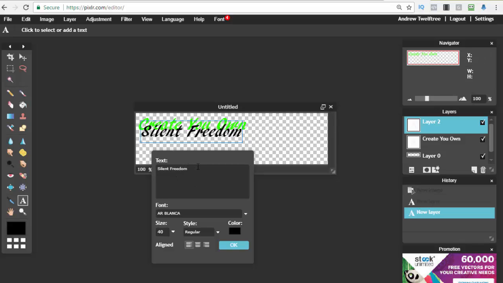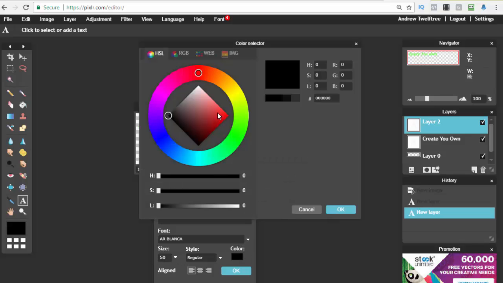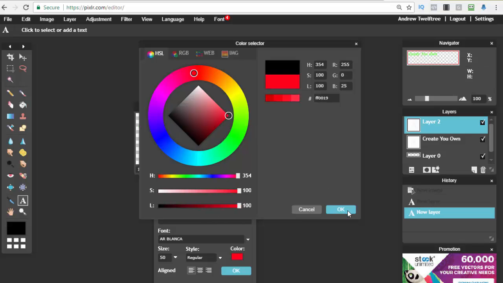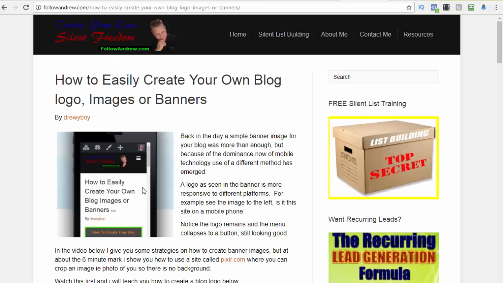Now we can move that out of the way a bit. We can drag that down there. We can make it slightly bigger if you want. And we can change the colour. So we want that as a red colour. So there's your text. Now this, you can play with this, but I've been asked the question, how do I